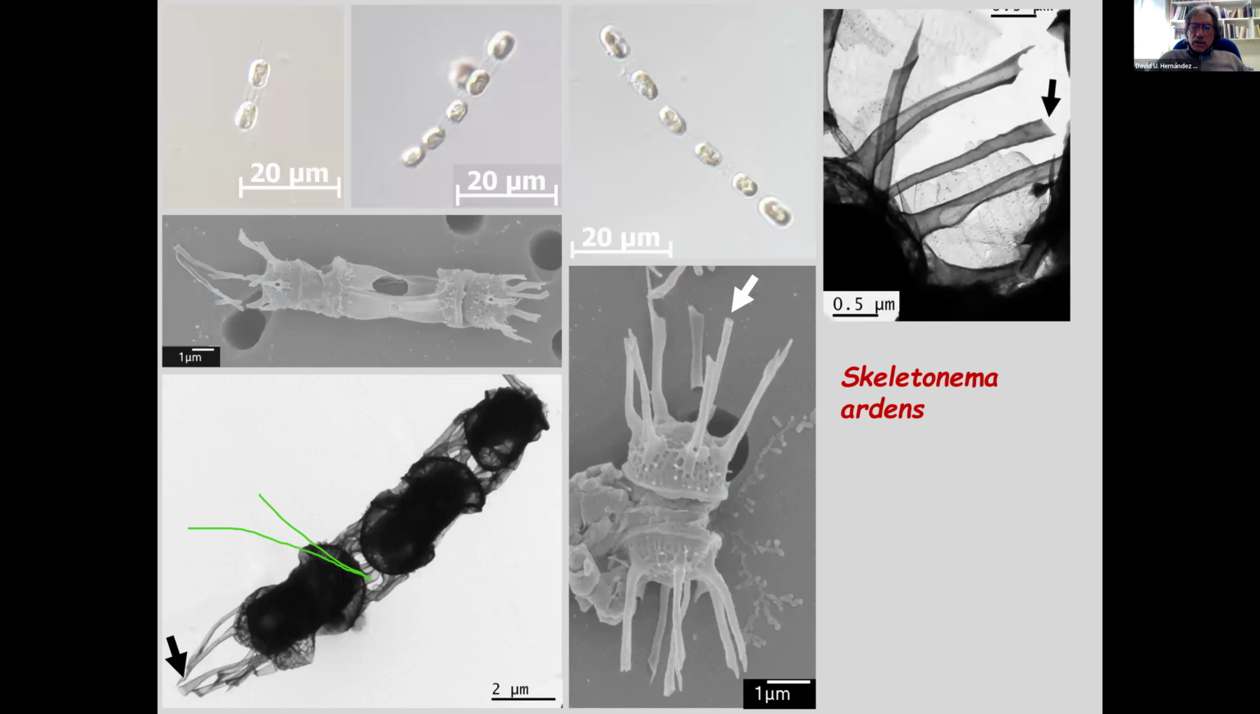So we can also add this Skeletonema ardens. These 4 species of Skeletonema were found in just one single bottle sample, and they were successfully cultured, and it gives the impression of the big diversity of different genera of diatoms. Skeletonema ardens is like this, very small,